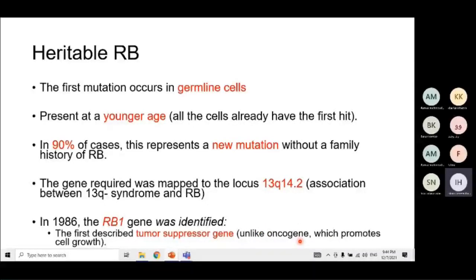Oncogene means that there is an abnormal gene which escalates or increases the division of the cells. But later on, we understood that it's not like that. It's not a gene that promotes the division of the tumor cell, but it's rather a tumor suppressor gene that stops that division. And when this tumor suppressor gene is inactivated, the tumor will happen.